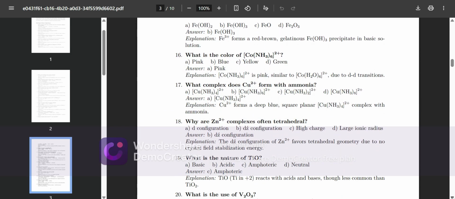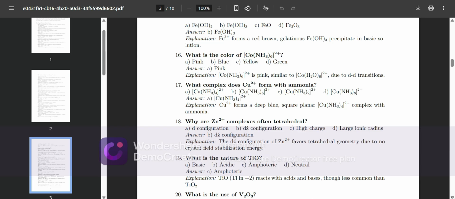What is the color of [Co(NH3)6]2+? Pink. [Co(NH3)6]2+ is pink, similar to [Co(H2O)6]2+, due to d-d transitions. What complex does Cu2+ form with ammonia? [Cu(NH3)4]2+. Cu2+ forms a deep blue square planar [Cu(NH3)4]2+ complex with ammonia. Why are zinc 2+ complexes often tetrahedral? The d10 configuration of Zn2+ favors a tetrahedral geometry due to no crystal field